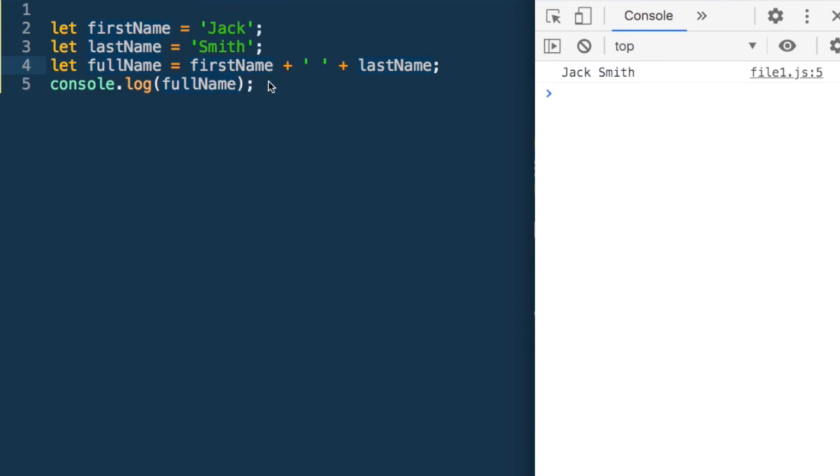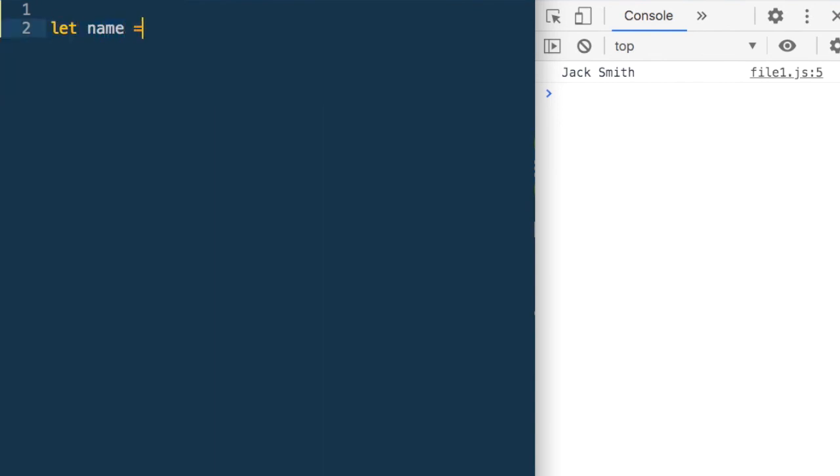Let's look at another example. So let me say, let name is equal to say Bob, let age is equal to 21. So let's say we create an output, let output is equal to Bob is age 21 years old.